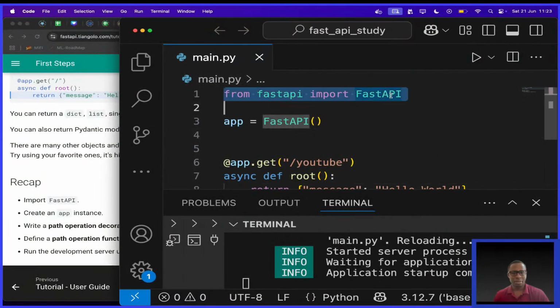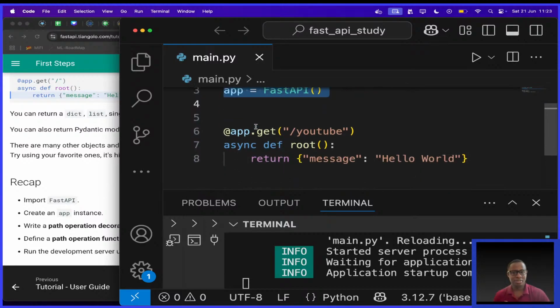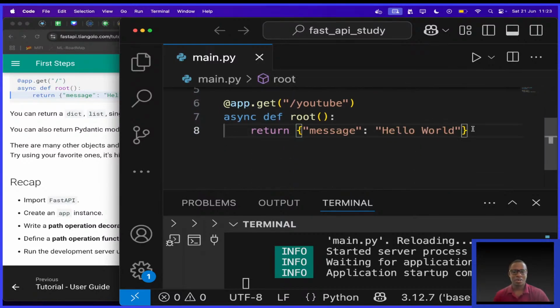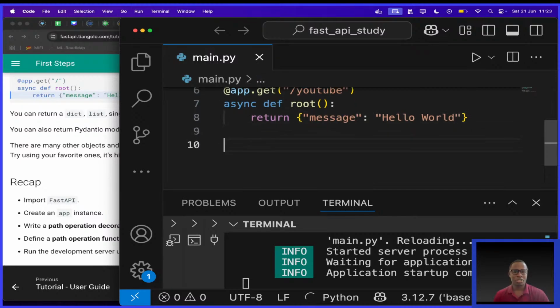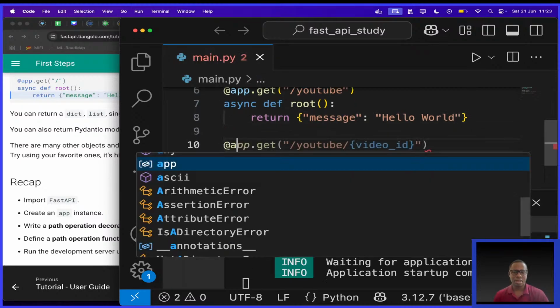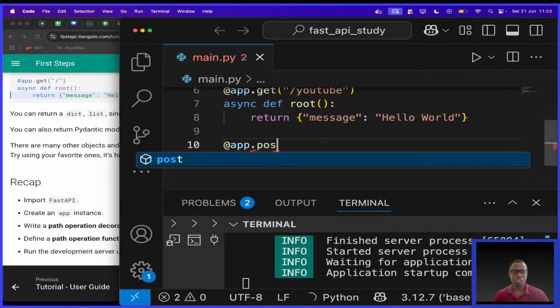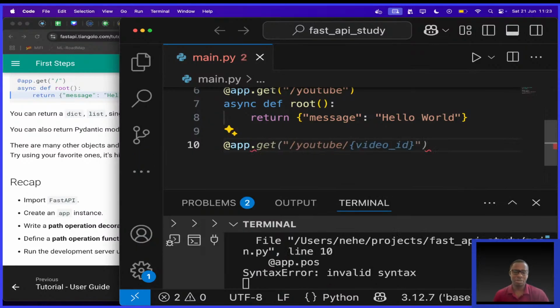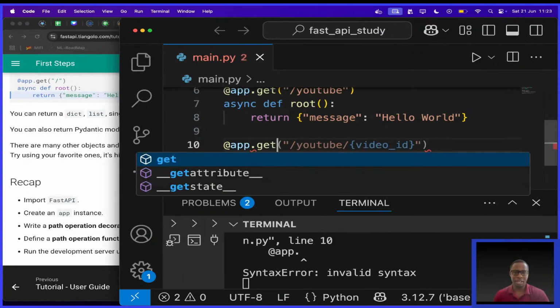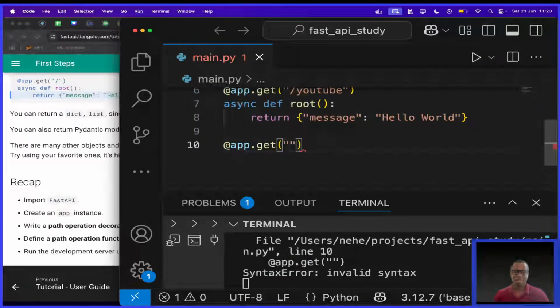First, I import FastAPI and create a FastAPI instance. Then create a path operation decorator. So I'll say app.post, okay, let me say .get. Let me say I'm getting users, okay? In my case, it will be /users.